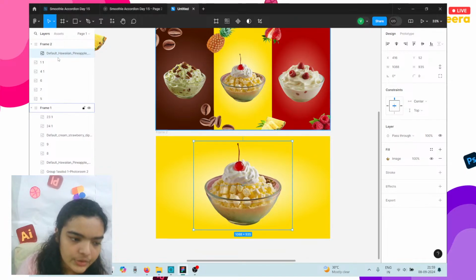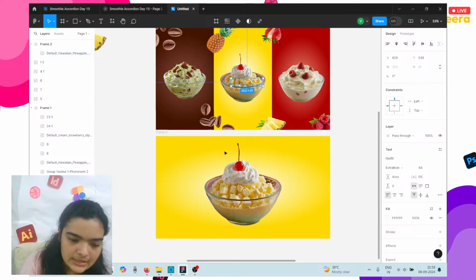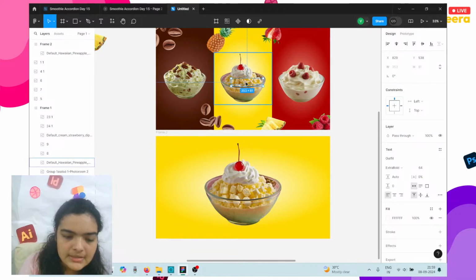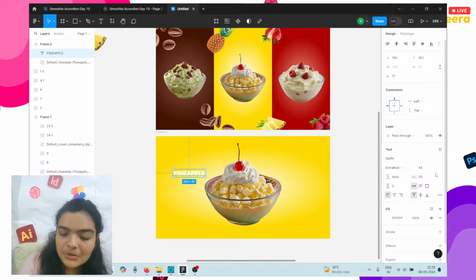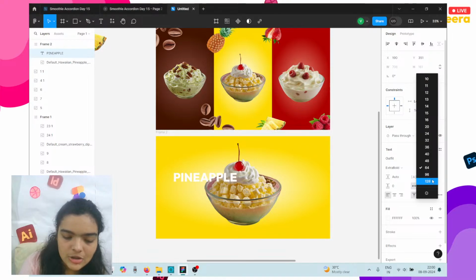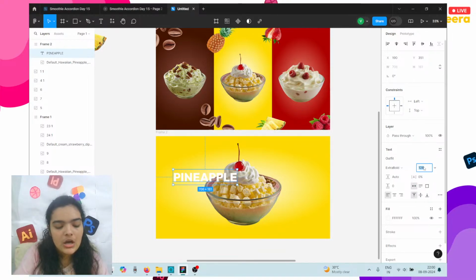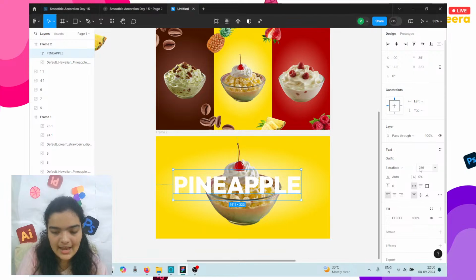Alright, now we're going to take this pineapple text and we're going to copy and paste it, and we're going to drag it outside of that frame, take it over here, and we're going to increase the font size. Let's just increase it to the biggest possible, 128, and then we're just going to keep on increasing it until we have a size we are happy with. Let's just change it to 320,